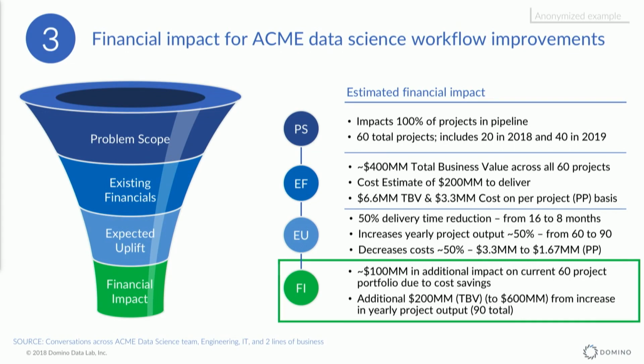And so the way we thought about it was, how many of the projects that you're doing are affected by this, and how many projects do you do, period? So in Acme's case, every project went through this same life cycle. They had 60 projects that they were trying to do this year and next year. And they actually had a pretty robust system of testing and value estimation, and they estimated that they had $400 million of business value between customer analytics models, fraud models, that they could be delivering. And that the cost of doing that with data science headcount, compute resources, everything, was around 200 million.